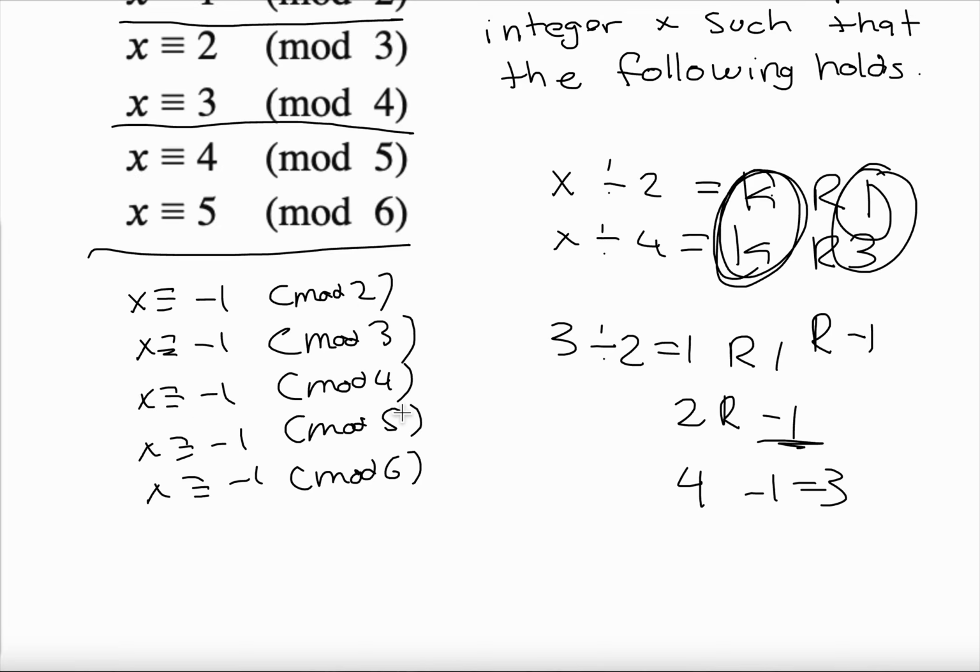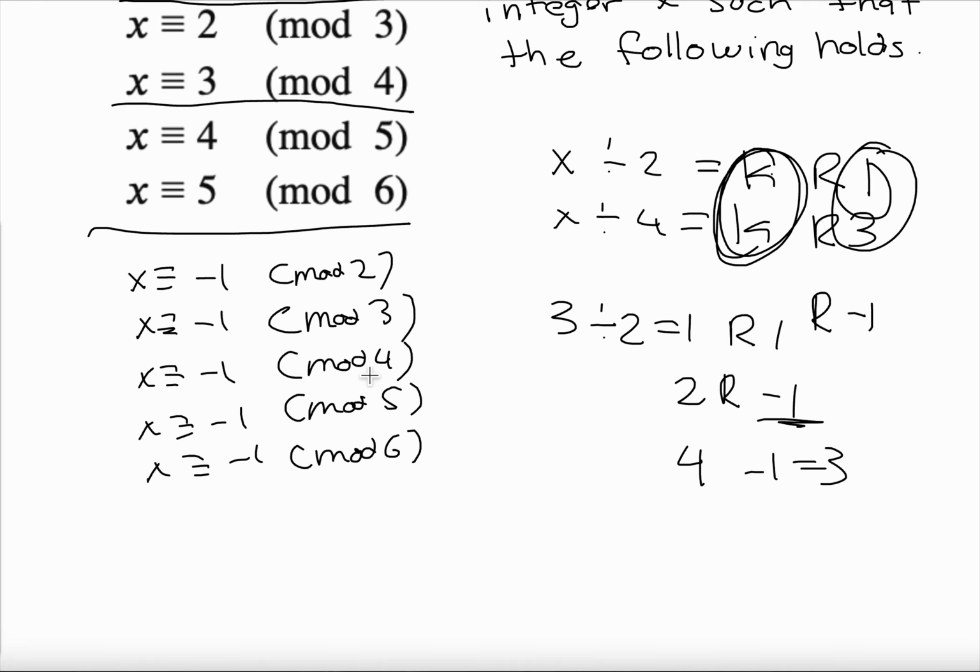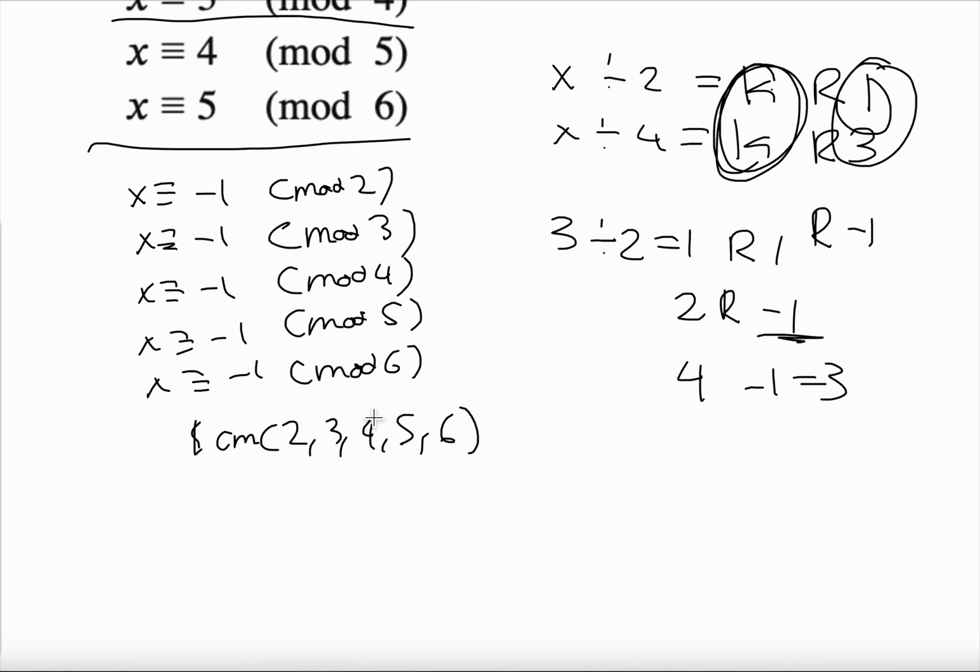And so now what we want to do is find the least common multiple, the LCM of 2, 3, 4, 5, 6. And what we can notice here is the highest power of 2 is the 4, the highest power of 3 is just going to be 3, and we don't have to worry about the 6 here because that's just 2 times 3. We have the 2 here, we have the 3 here, so let's get rid of that. We don't care about the 2. 2 is encompassed in the 4, and then we have the 5. So the least common multiple of 2, 3, 4, 5, 6 is just 3 times 4 times 5,